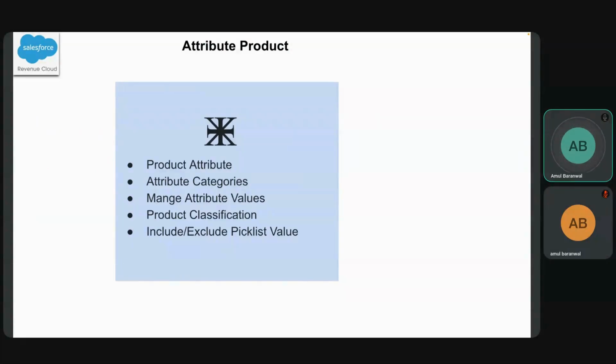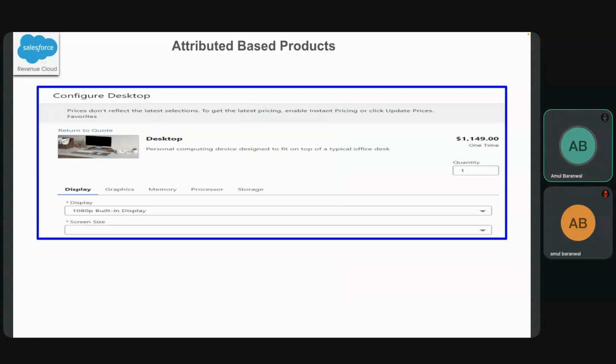Now moving to our next slide deck, where we are going to set up our product configuration attribute, how to define our managed pick list values or pick list values or product classifications, including the product attribute definitions, including our attribute categories also. That attribute category is going to give us a flexibility for the sales rep to configure our product bundle end to end, where we see that if you see this particular screen, where we see that, okay,